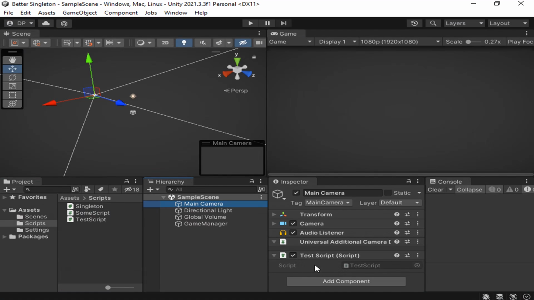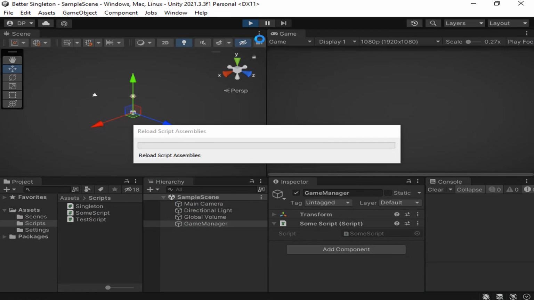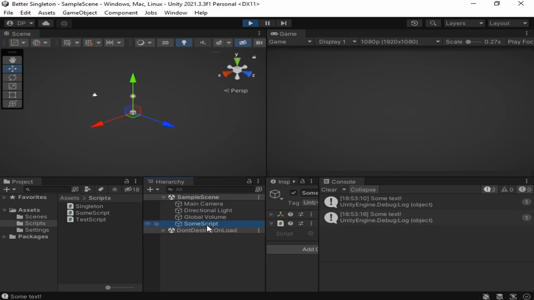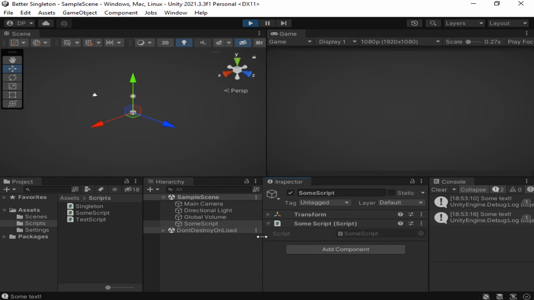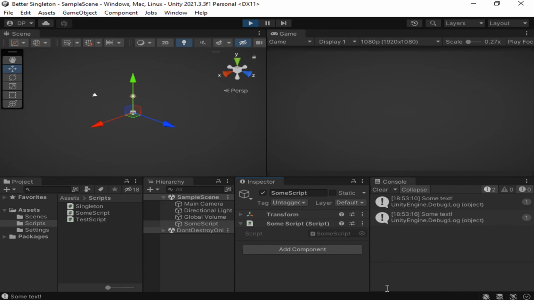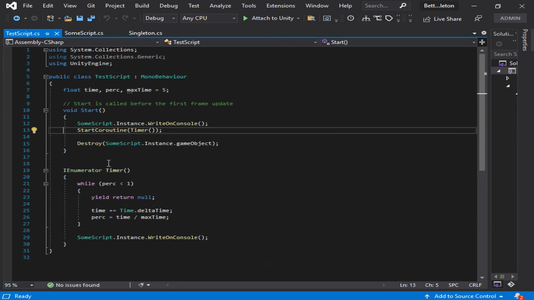Inside the camera I have the test script, and inside the game manager I have the sum script. So I will press the play button. When the game starts, we have the sum text. As you can see here, the game manager was destroyed, but after 5 seconds the sum script came back. And now, instead of having the game manager, we have the sum script that is the singleton now, because first we destroyed it when it got inside the start. The name of the game object was game manager, but after that